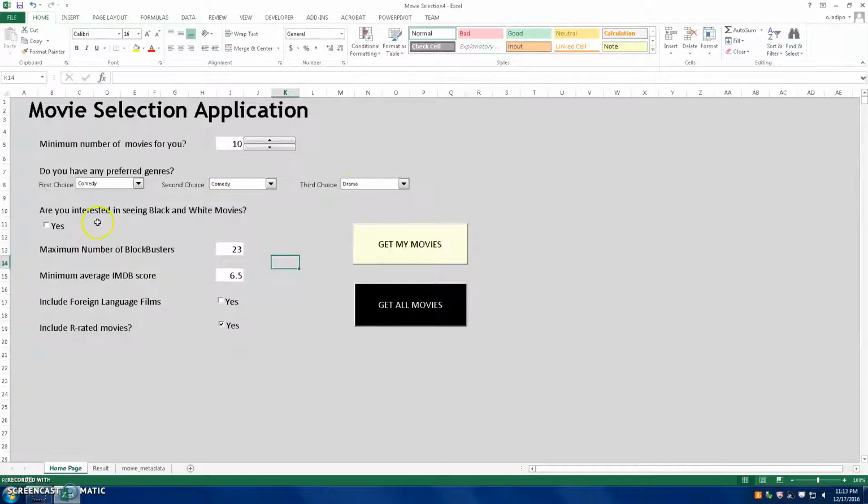If you're interested in seeing black and white movies as part of this list, what's the maximum number of blockbusters you require, and what's the minimum average IMDb score for these movies. You also get to choose whether or not you want foreign language films and R-rated films within this group. So after selecting your criteria, you click the button Get My Movies, and what it will do